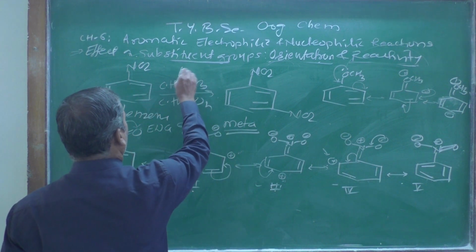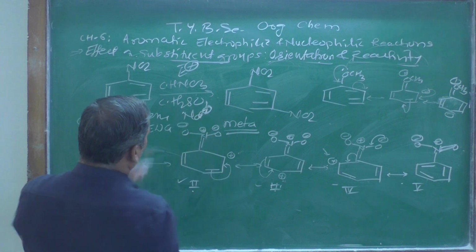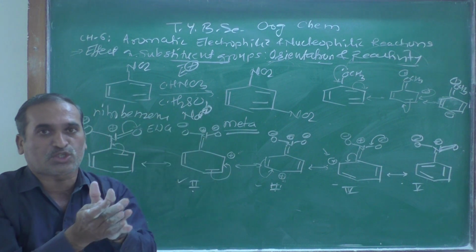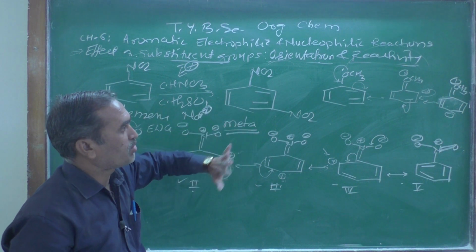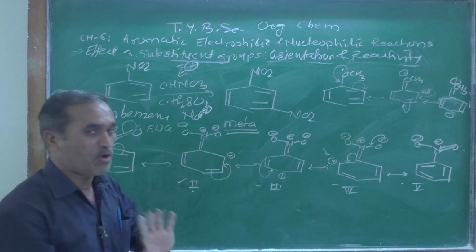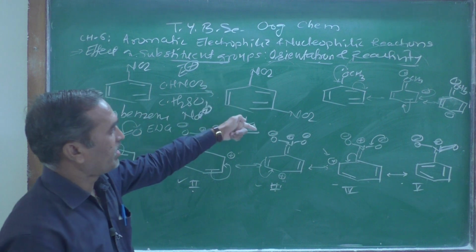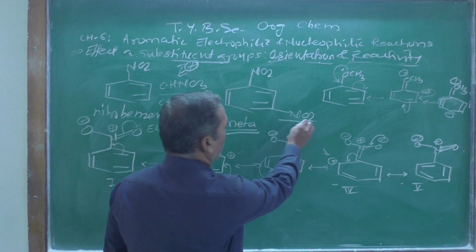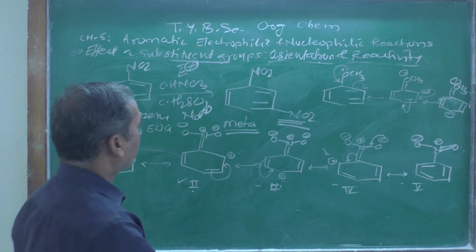When this is happening, there is an electrophile, meaning NO2 plus is there, and between NO2 plus and the positive charge there is a strong repulsion, meaning at the ortho and para positions you are not getting any substituent attached. Only the possibility remains, so they are forcefully attacking at the meta position only, and that is the reason why